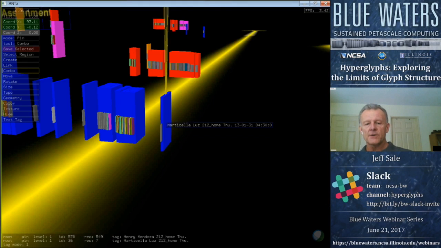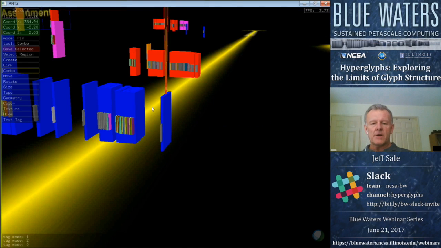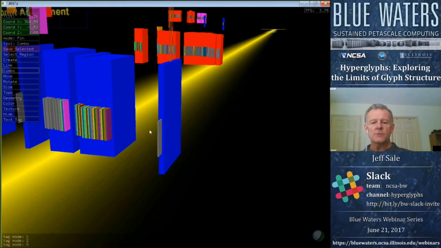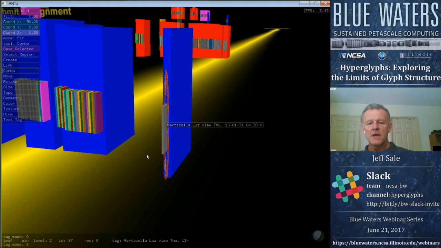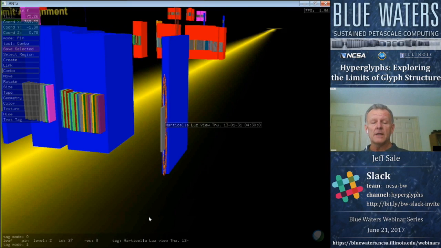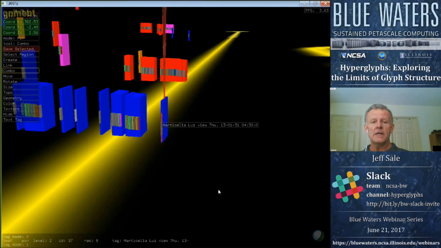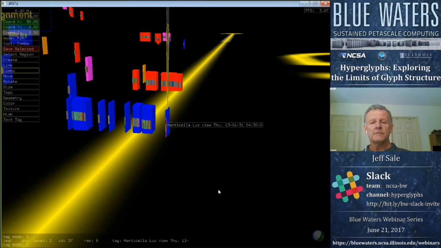Actually, this was a 2013 course, not 2012. The course was 2012. And the activity that Marticela is performing is represented by this child glyph right here. So if I select that child glyph, we can see that she's viewing something. I do have a legend embedded in this world too, where we can get a quick idea what these